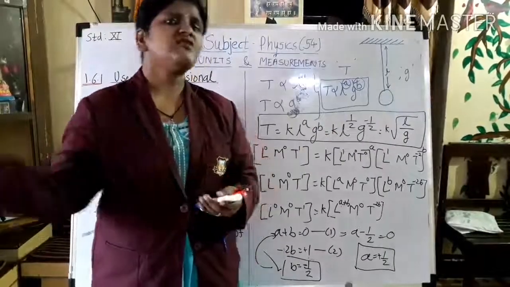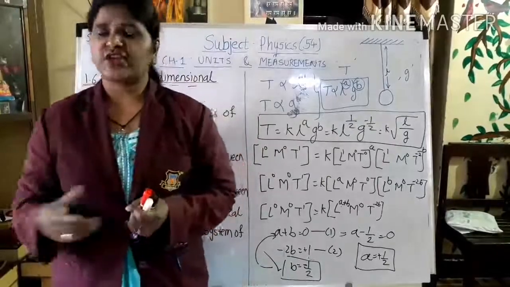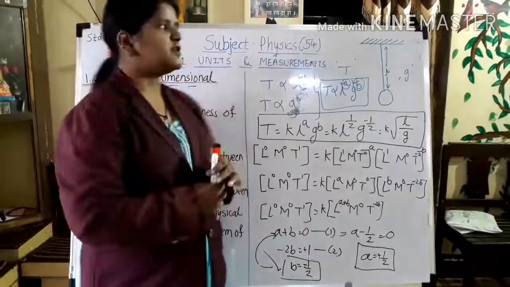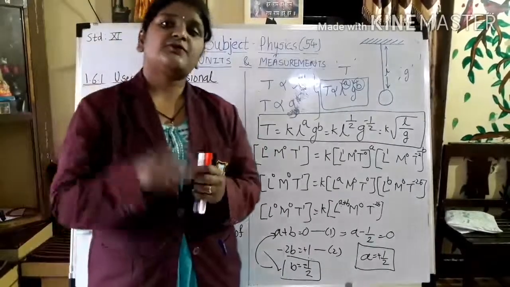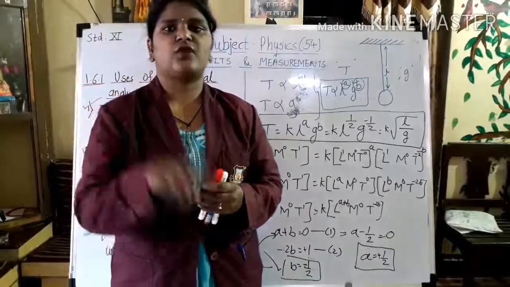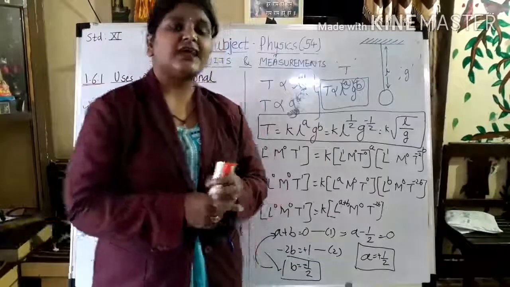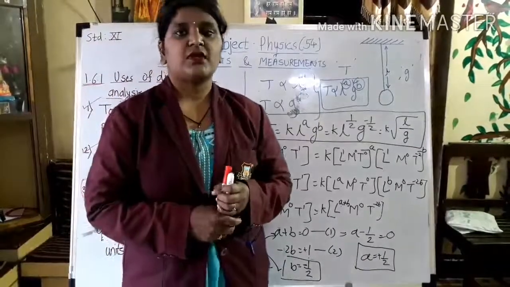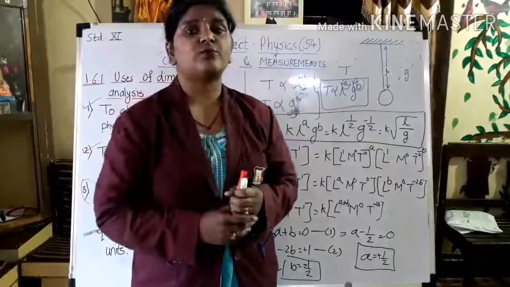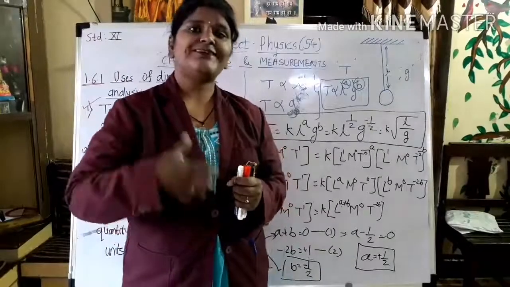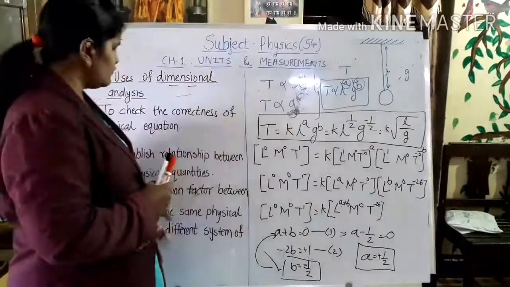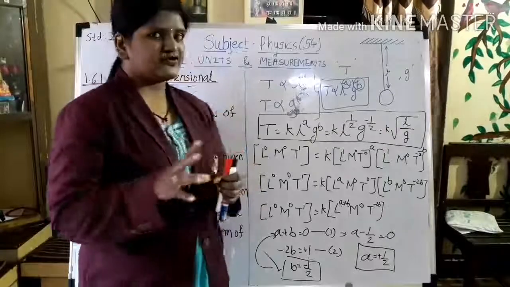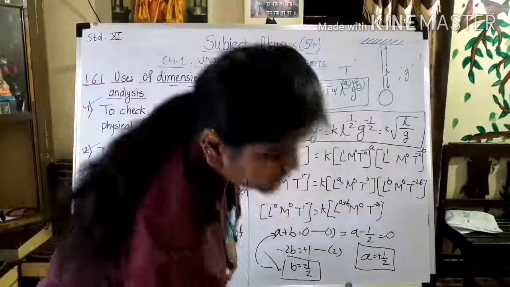So there are many physical quantities which are having such type of units, and we don't know the conversion factor between them. We get confused. So by using this, we can find out. But for that, you have to know the dimensions for all the physical quantities. That's why at the very beginning I told you that you have to remember all the dimensions. If you don't know the dimensions, you have to know the formula at least. By using that formula, you can derive the dimensions. So we are going to see the third use.